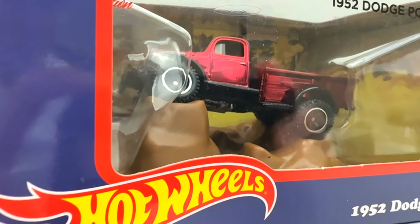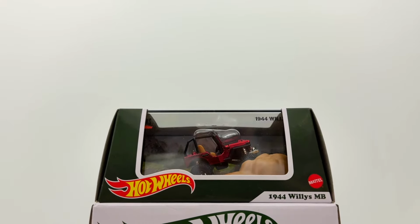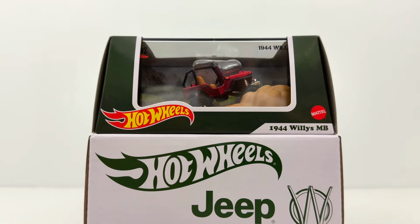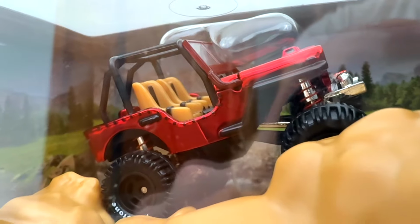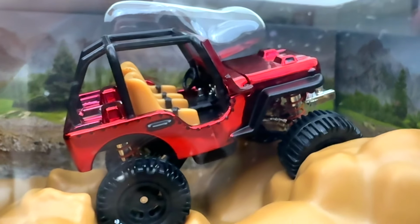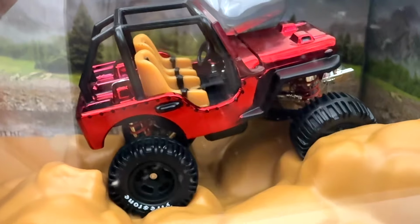a perfect display box. There's never enough roads to explore, and that's why the 1944 Willys MB is also packed into its own off-road adventure. The former military vehicle turned consumer-friendly choice is built to get down and dirty. This Hot Wheels rendition stands out in red Spectraflame paint with a tan interior that gives the entire package a